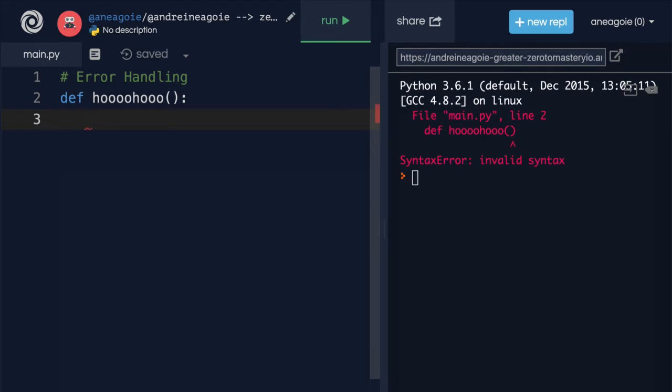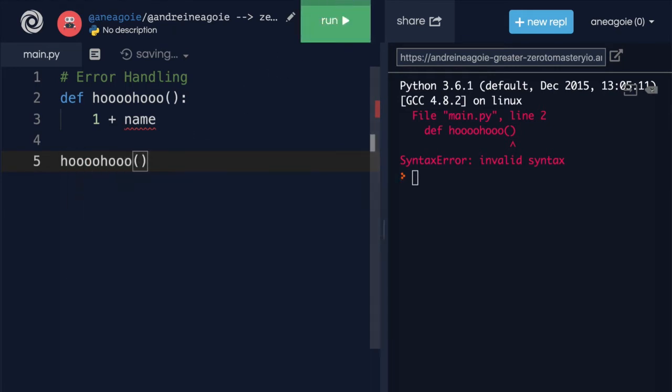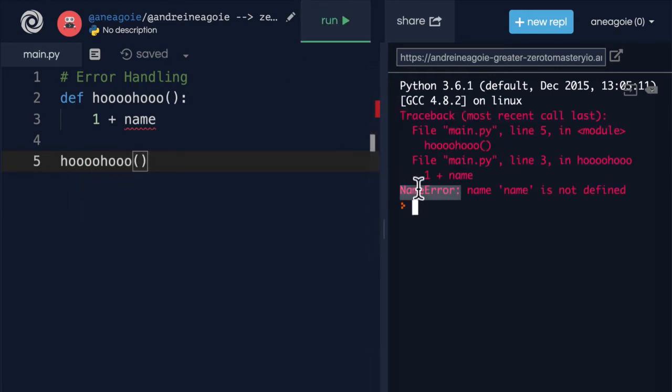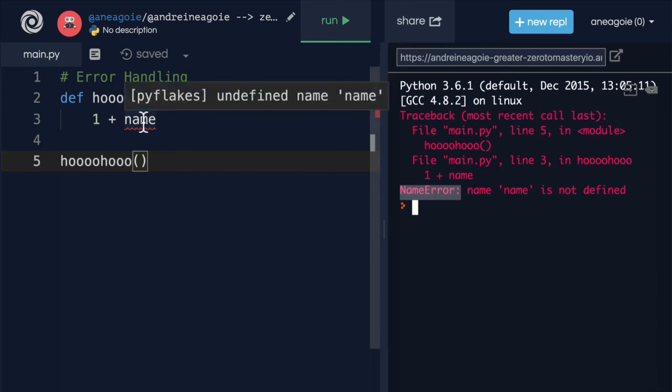If, let's say, I use 1 plus name, like this, you can see the red underline here. I get undefined name. So that if I run this code, I'll get a name error. Name is not defined.